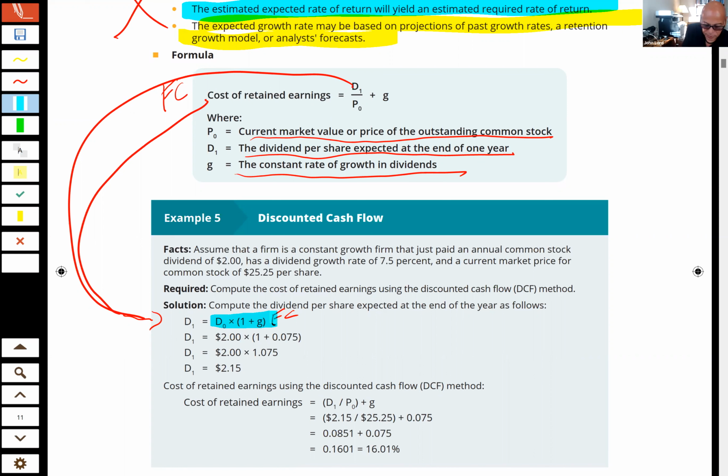So let's look at the facts of the problem. Assume that a firm has a constant growth rate of dividend, and the dividend is $2. That's D0. The dividend growth rate is 7.5%, and the current market price for the stock is $25.25. Now coming up with the cost of retained earnings using the discounted cash flow model, we have D1 equals 2 times 1.075,